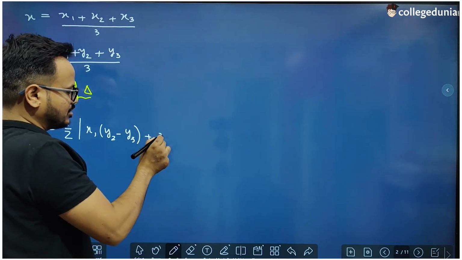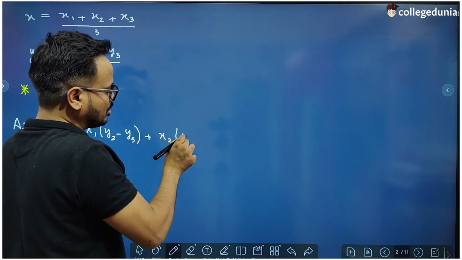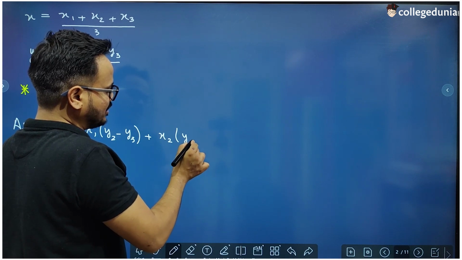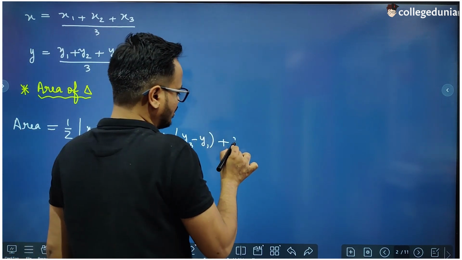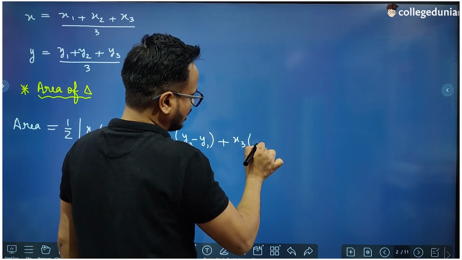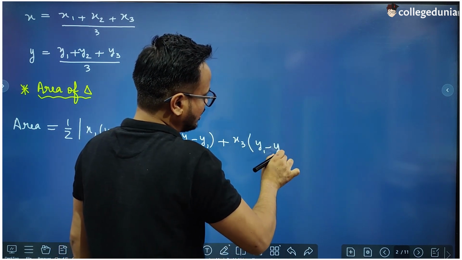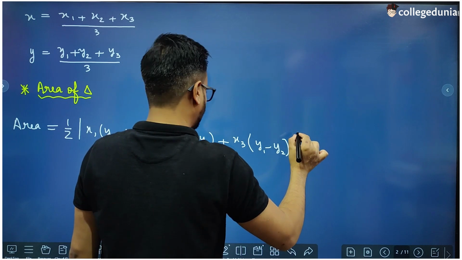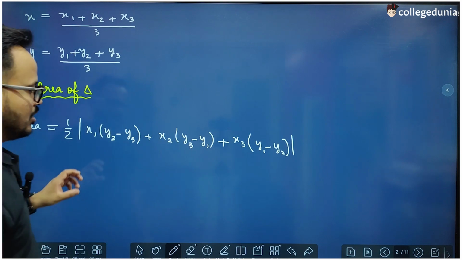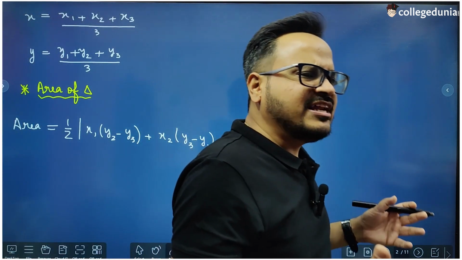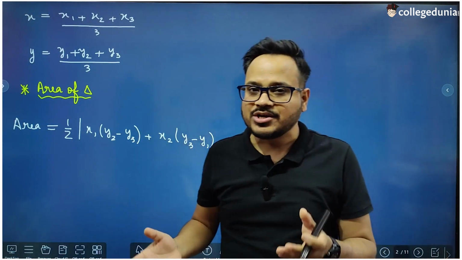y3) plus x2 (y3 minus y1) plus x3 (y1 minus y2), right? So this is the area of the triangle. When the three vertices are given, obviously in the question